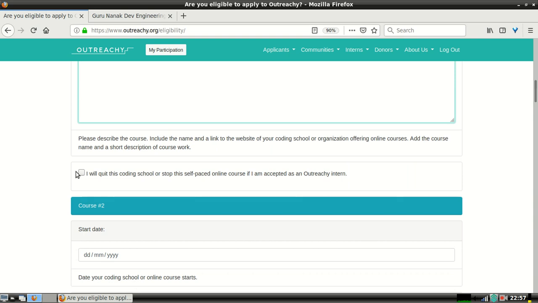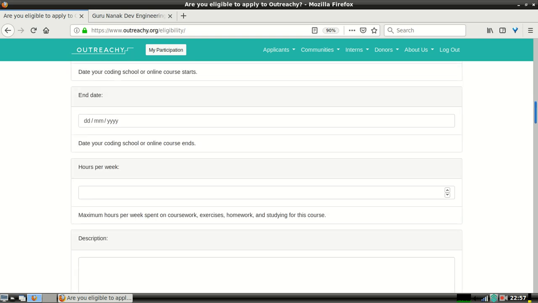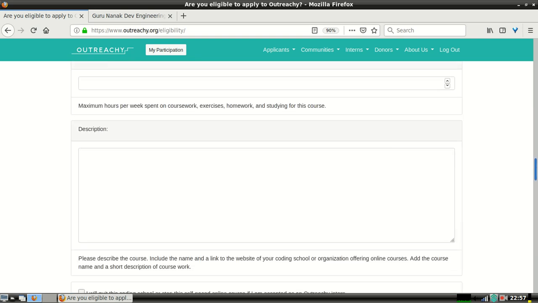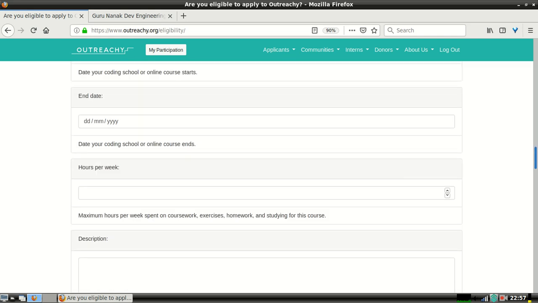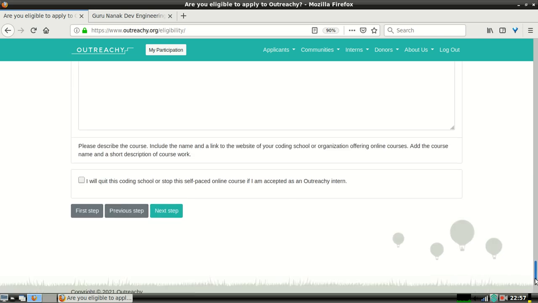And at the last there is an option: I will quit this coding school if I get selected as an Outreachy intern. So if you are able to quit, then select this option, otherwise not. There are so many options like course 1, course 2, course 3. You have to fill in the information according to the number of courses you are taking now. That's all. So going to next step,